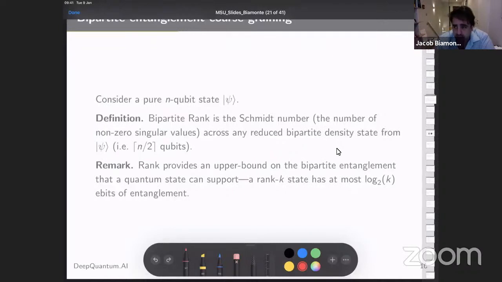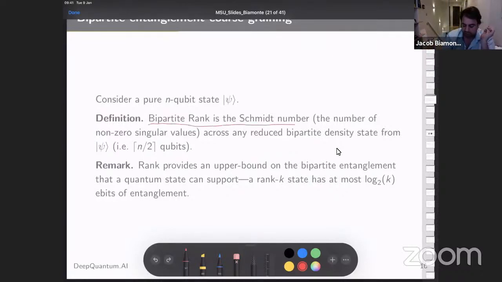Now, it's a little bit different with the optical waveguide stuff. You would think prima facie, but actually it's not. Your circuits actually can be written down in the same exact way, and you could look at this and say, well, how deep does my circuit have to be to maybe saturate bipartite rank? So to do that, we work.